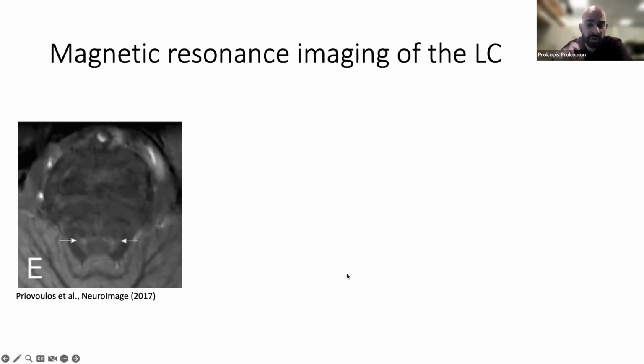This hyperintense signal is used to quantify what we call LC integrity. Measuring LC integrity has been associated with AD pathology progression in the earliest stages, the Braak stages, and it has also been associated with cortical atrophy and cognitive decline. However,